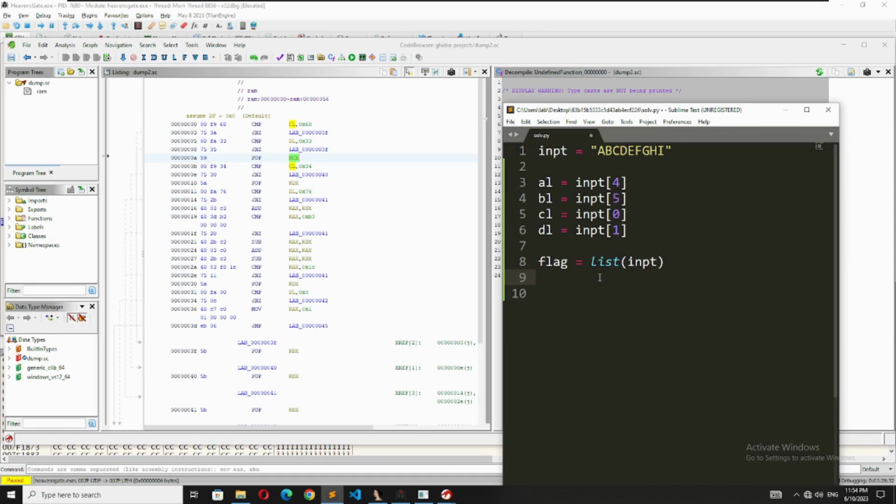CL is 0x68, so CL is index 0. So index 0 is equal to 0x68. Right? And you can see DL is 33. So DL is index 1. So we put index 1 here, and we change it to 33. And the next thing